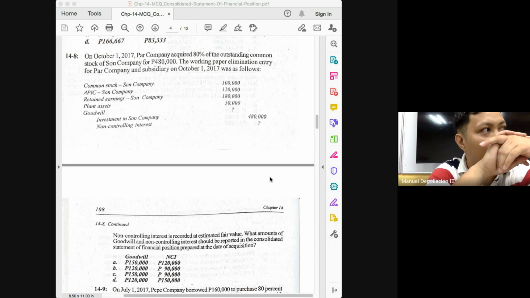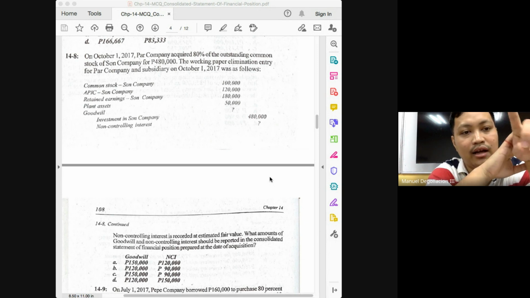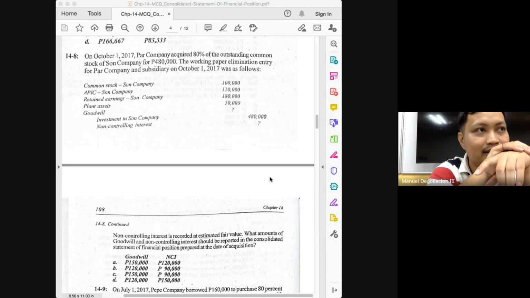So if you will be asked how much is the book value of the net assets of the acquiree, your answer would be 400,000. Is it the book value that we need, class? No, we need the fair value of the net assets. But if you look at the eliminating entry, class, there's only one other item affecting the assets or liability